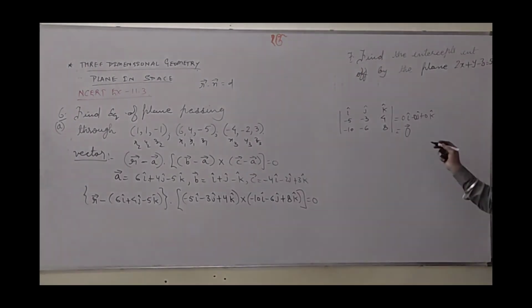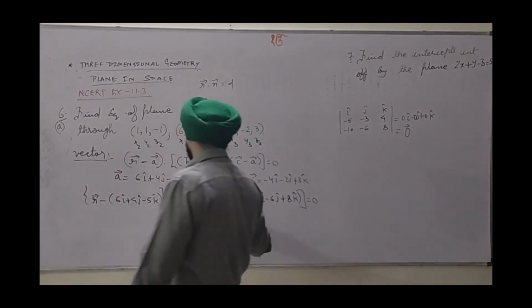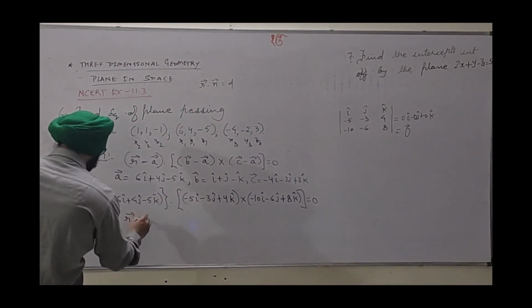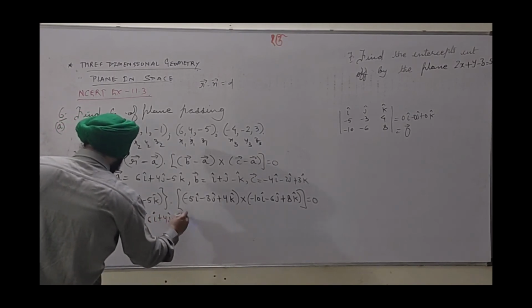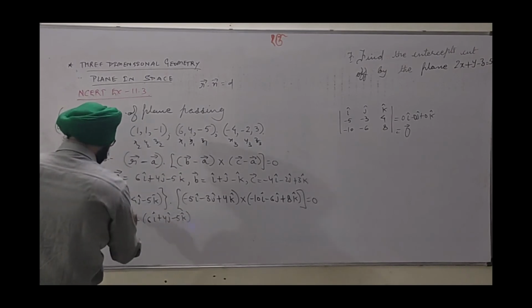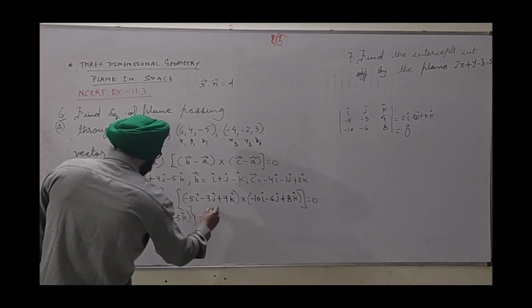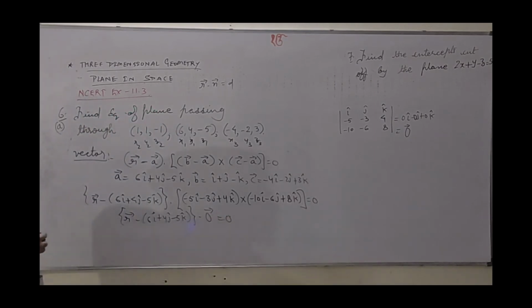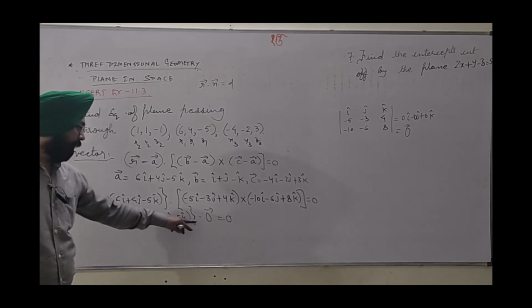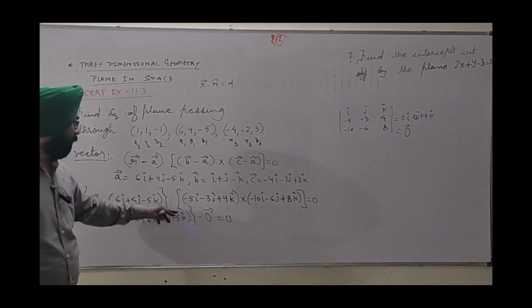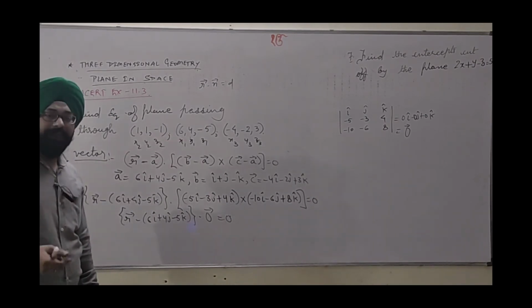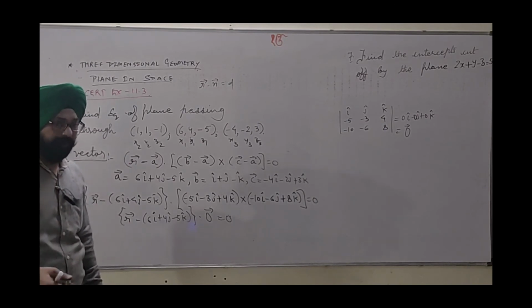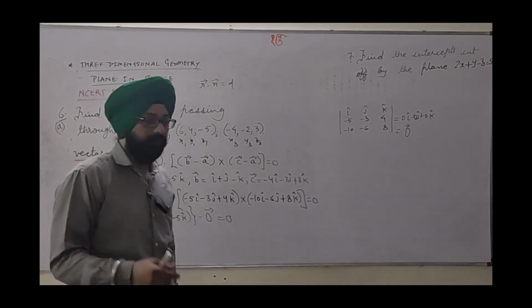As soon as we are getting a 0 vector after solving to the simplest form, here we get r minus (6i plus 4j minus 5k) dot zero vector equal to 0. What does it mean? It means that the equation will not turn out to define a plane. It means that the given three points are collinear. Why did I say collinear or coplanar? Better to say these are collinear points.